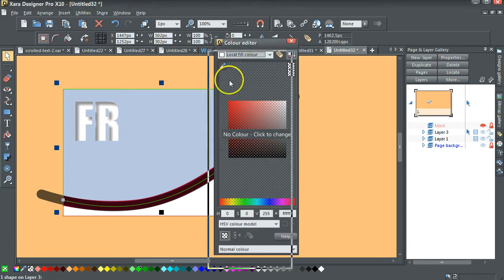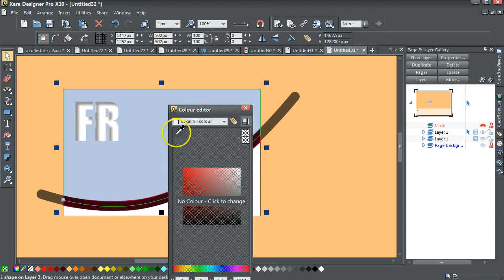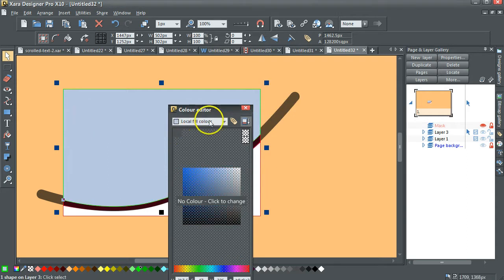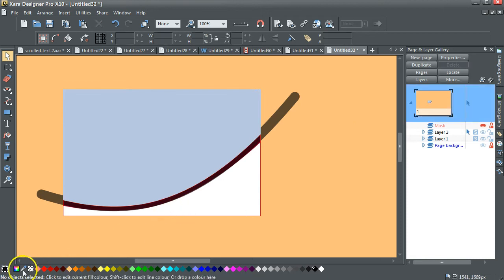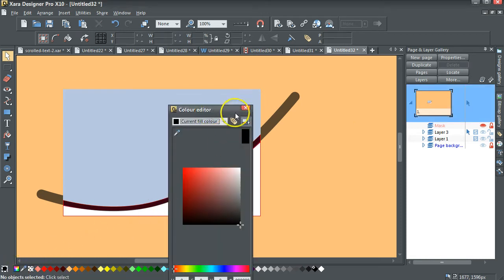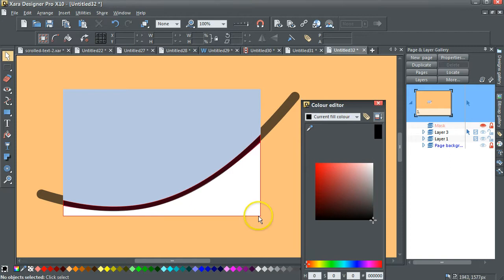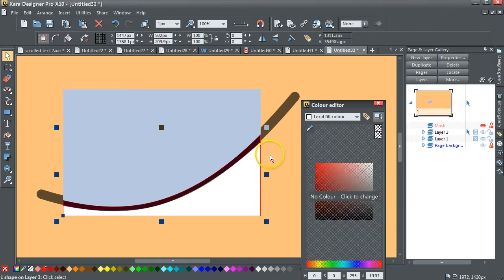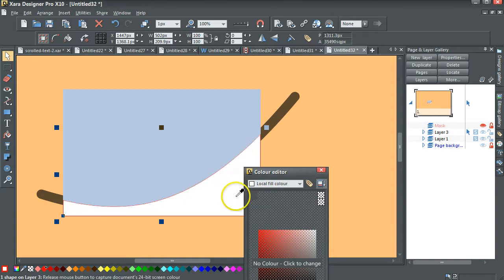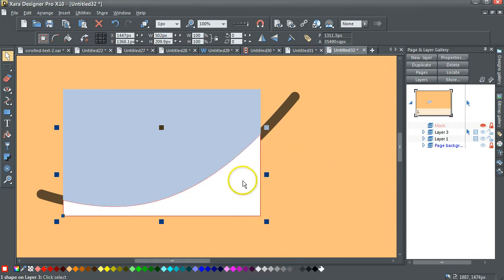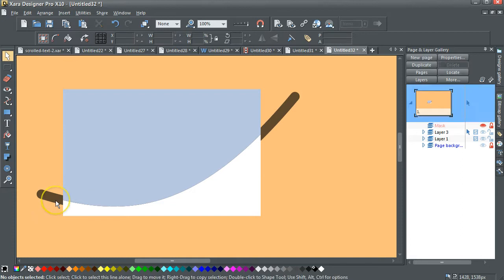If I bring the colour editor over here, I can actually move that eyedropper over to there, and you get that. I'll remove that colour. Similarly, if I open the colour editor, select that line, drag that over to there, so when I just squeeze over there, that gets that line's colour. Remove the line,